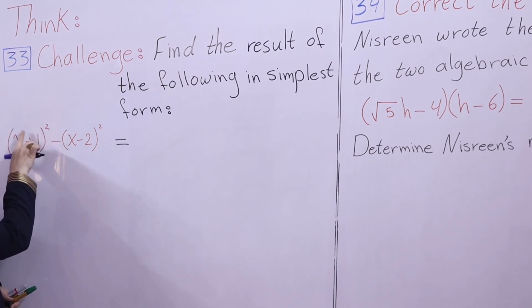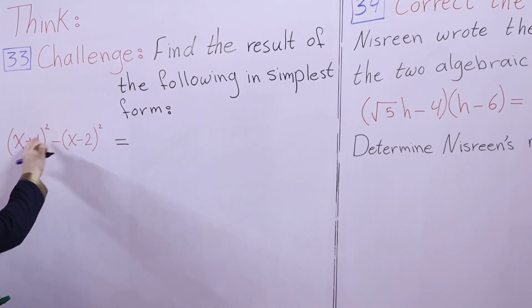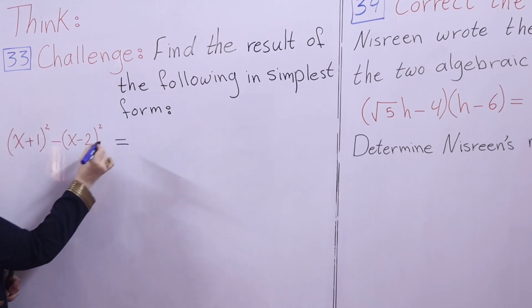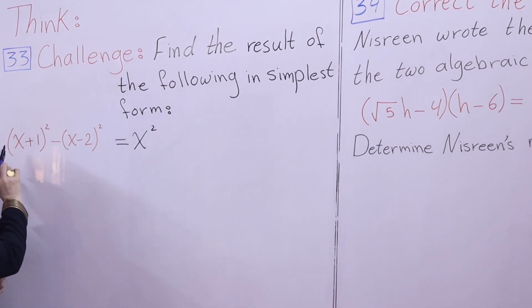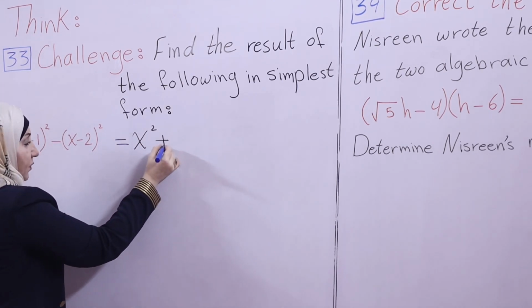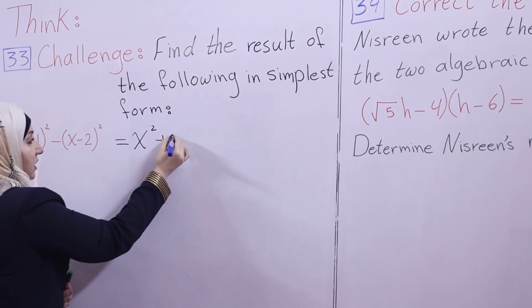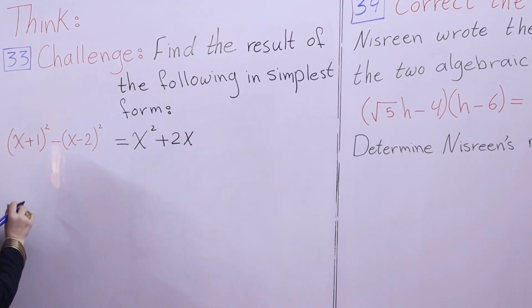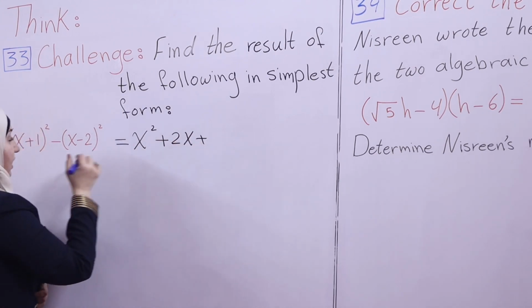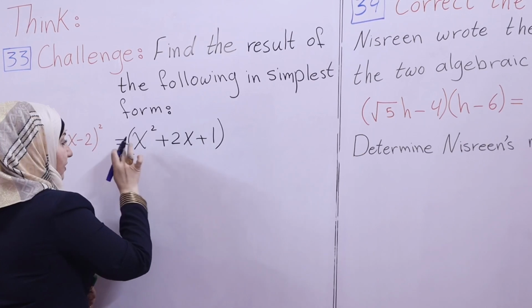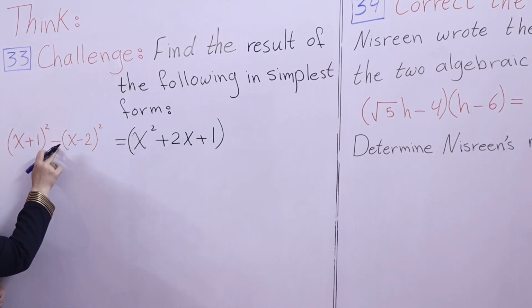First, here we see clearly that we have a perfect square, so we can simplify it by the law. Square of the first term. The sign of the first term multiplied by the sign of the second term, which is positive multiplied by positive, positive. 2 times the first term times the second term, which equals 2x, plus the square of the second term, which equals 1. This is the simplifying of the first expression. Minus,